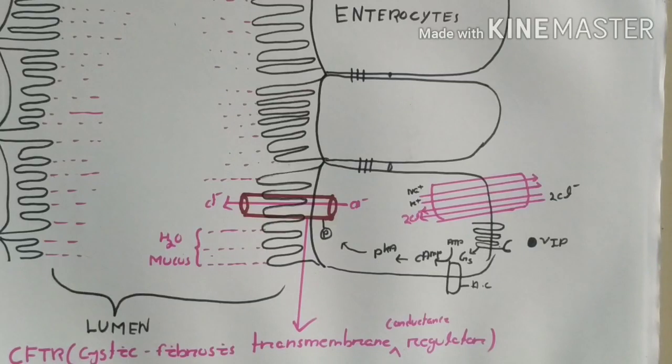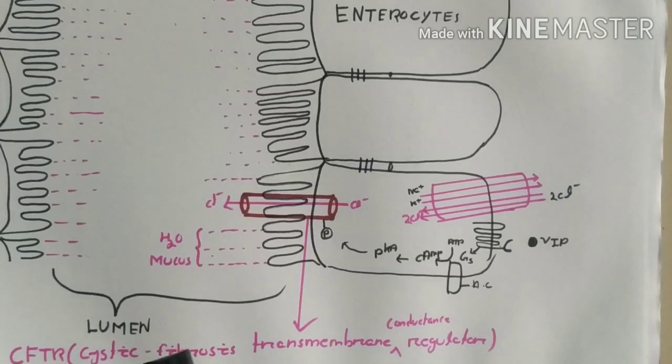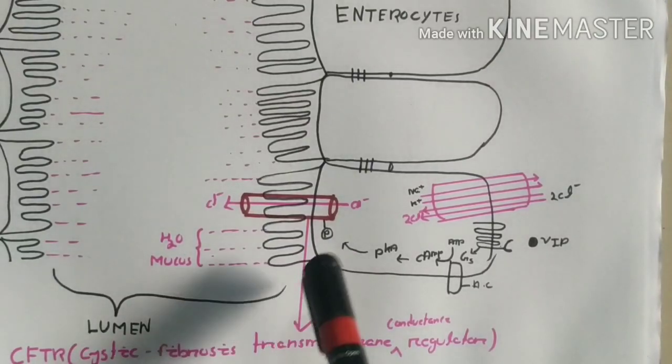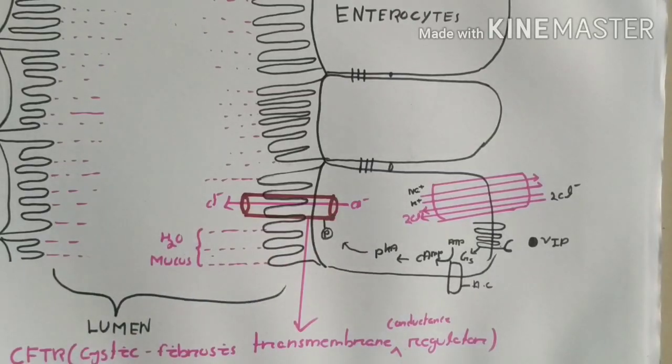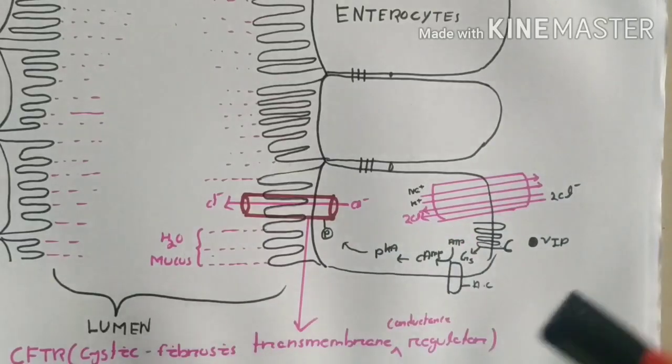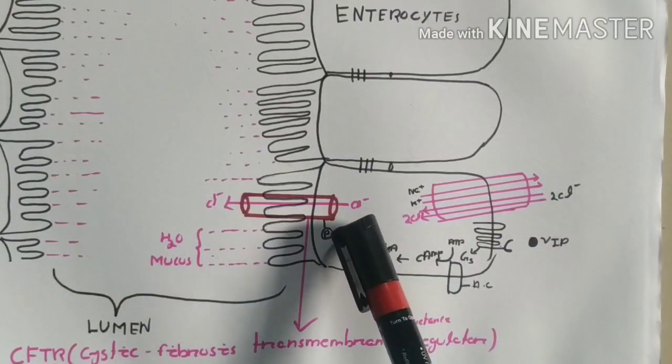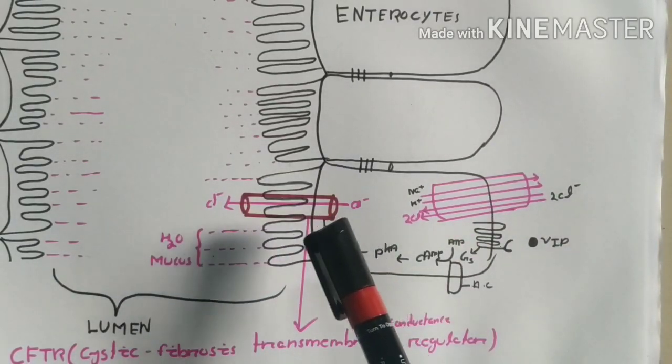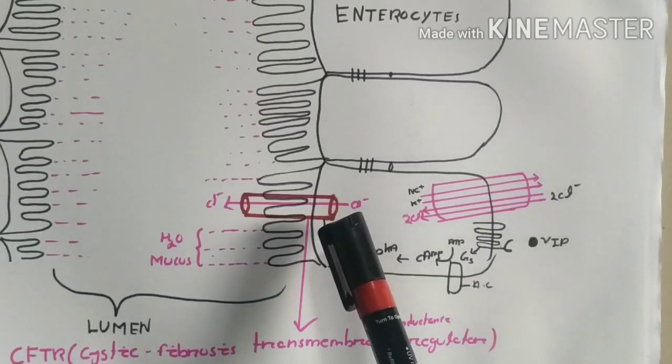Besides this, there is dysregulation of epithelial fluid transport due to the mutation, and in the vas deferens, if there is a mutation in the CFTR, then it will lead